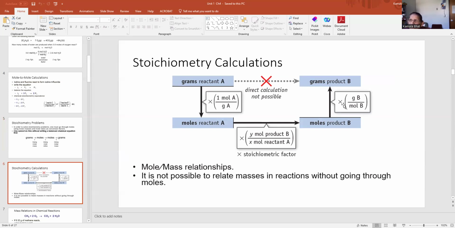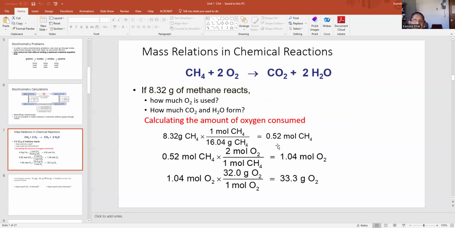Remember, you cannot go from grams of reactant A to grams of product B directly. You have to take a longer way, because we have to use the mass-mole relationship along with a balanced equation. So in one type of equation here, in mass, we have the reaction CH4,